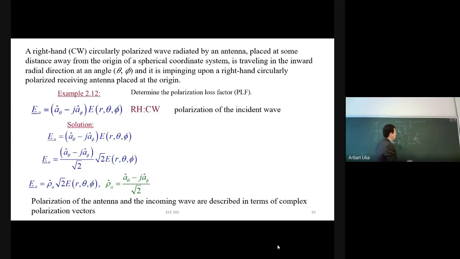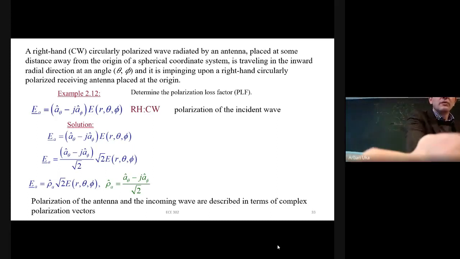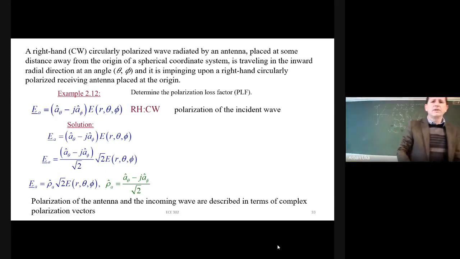So we try to draw this as best as we could. It looks like we have an approaching wave, and if you look up, we're going to see a vector pointing from north to south, which will be the direction of A theta, and we might also expect a projection of the electric field, pointing, let's say, from west to east. So you can also try to visualize it this way.